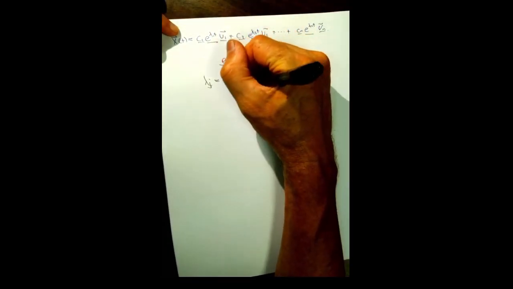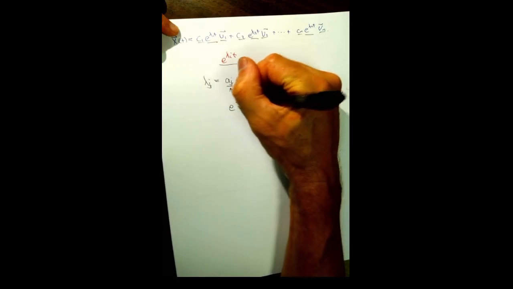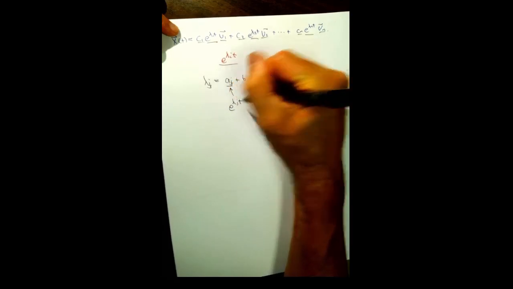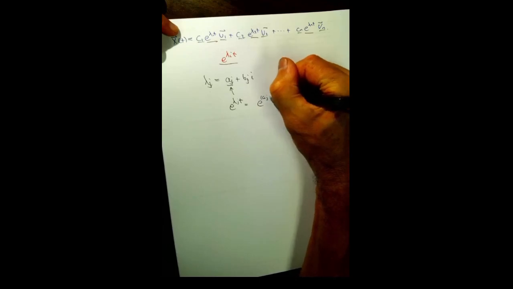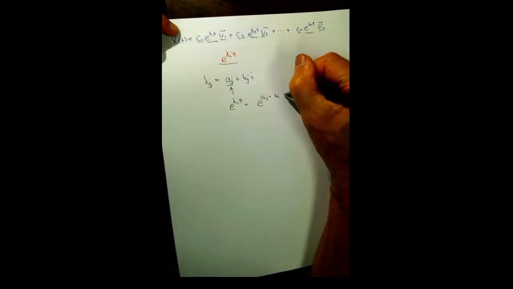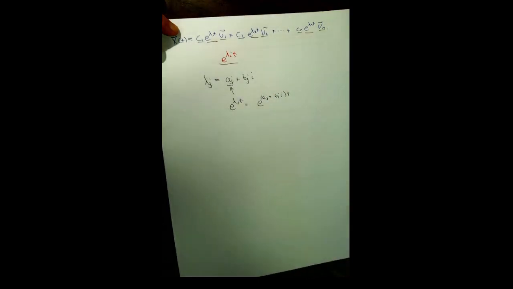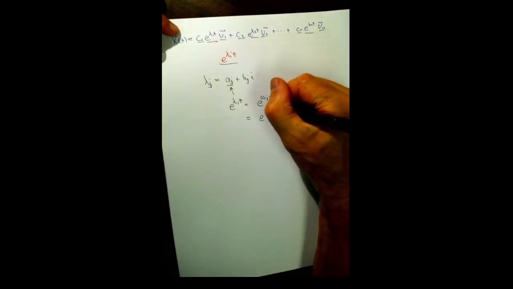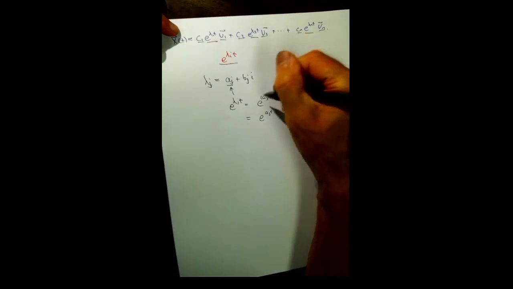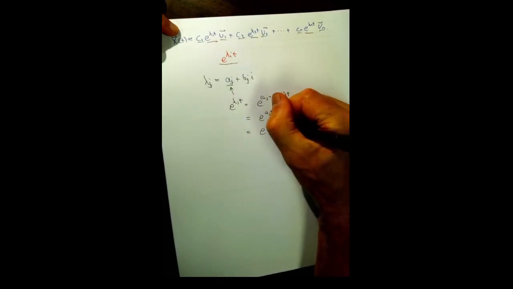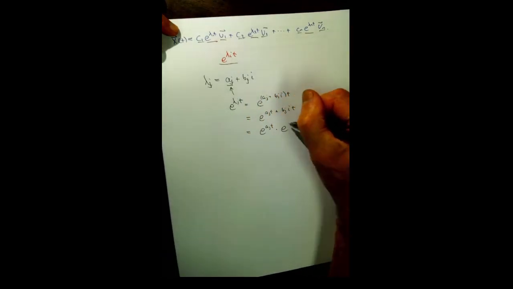But we know that when we look at e to the lambda times t, if we can write it as a complex number, then we can multiply that t through, and then we can write it